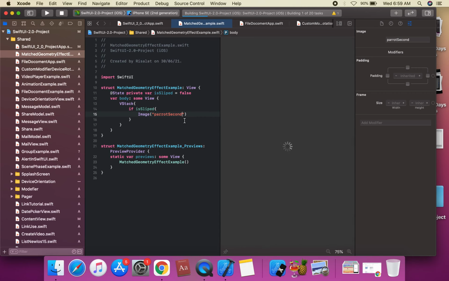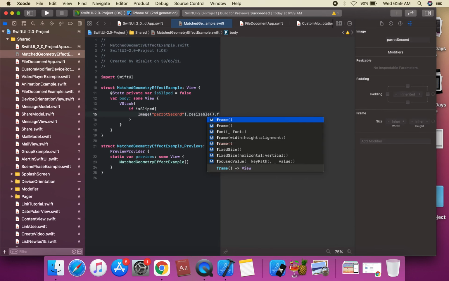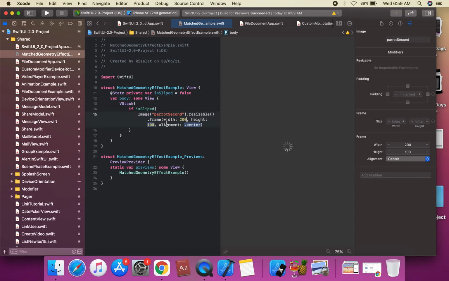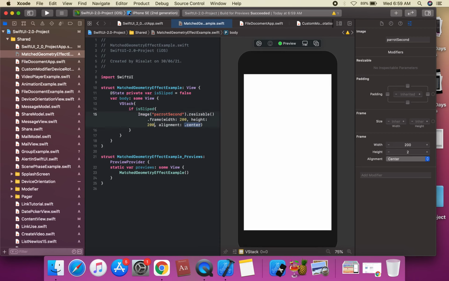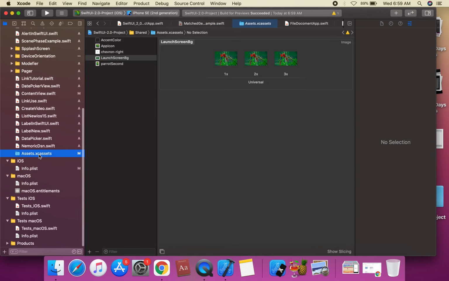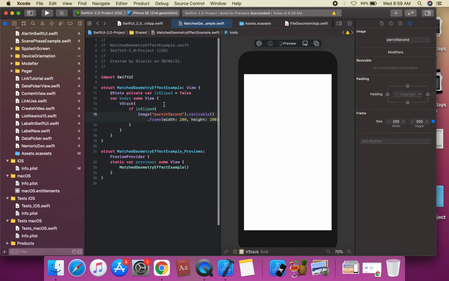Apply the resizable method and a frame with a width of 200 and a height of 200, and remove the alignment. We check the assets for the image parrot second and apply that same image.